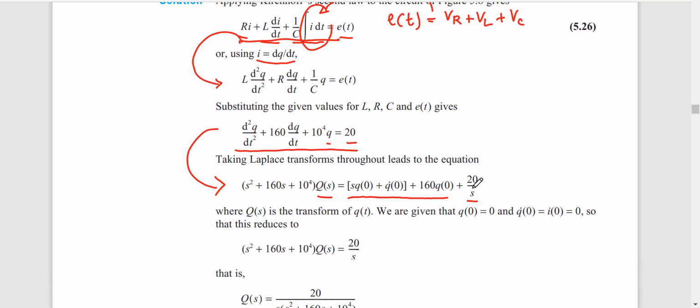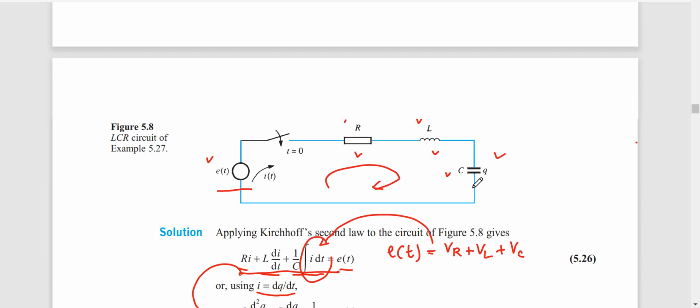So we can reduce this equation. Actually, this one belongs to the Laplace of differential order 2, and this one belongs to differential order 1. So if you check the differential,